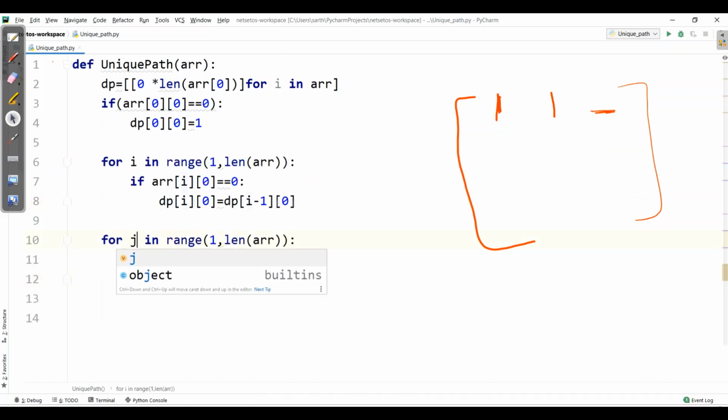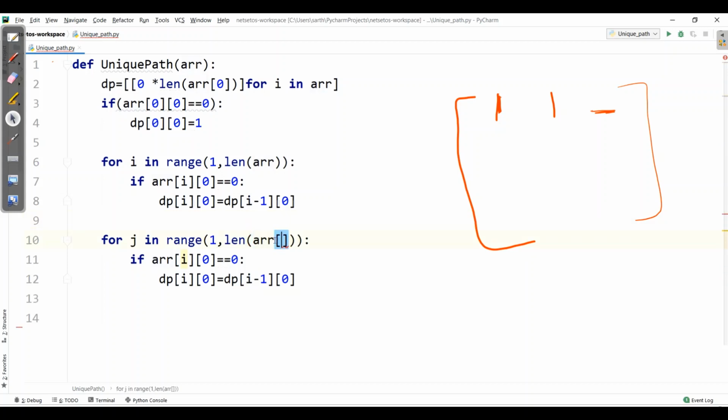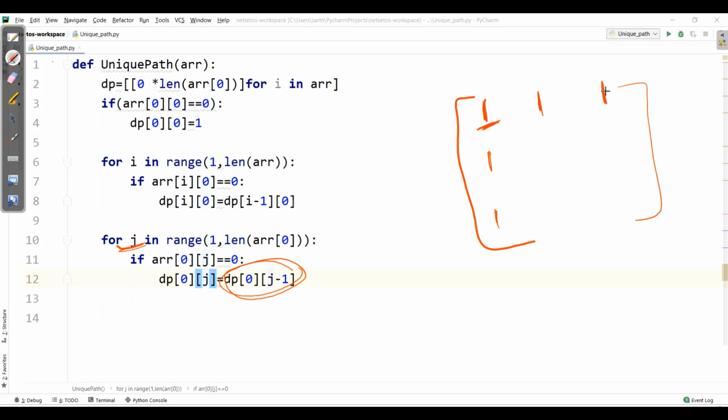For the row element I'll give for j in range, and representing my row element, it will be dp[0][j], and this will be dp[0][j-1]. Here I got all the column elements. Now based on this j, I have looked for the last element. Based on this, I filled all the row elements. Now here we have filled this column and this row.